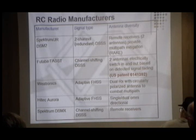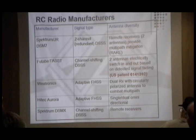Define best. Well, most reliable. It's the one that's working in your hand when you're playing in the